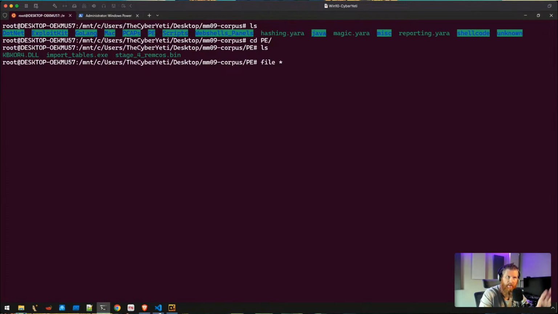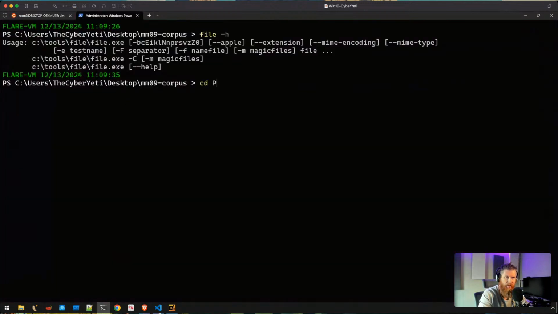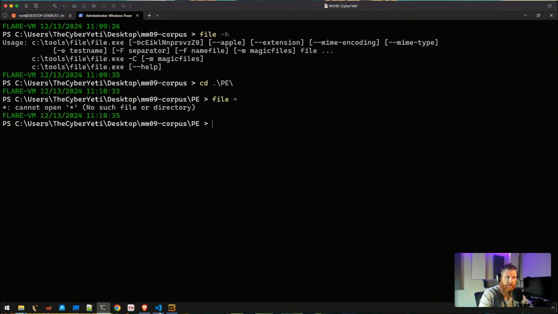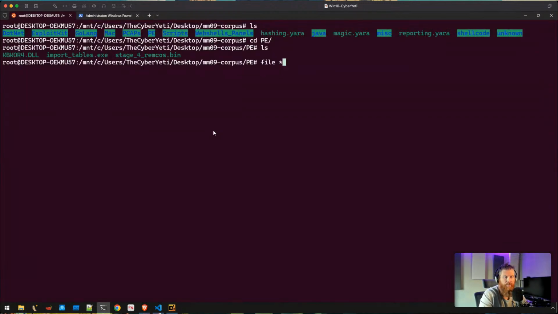This is kind of the thing that I'm missing inside of my Windows terminal, or at least I couldn't figure out how to do it. So I want to say file star to get all of the different files here. I can't do that, but I can list all of them explicitly, which I find to be kind of a pain. So file star, that's where we're going to start.